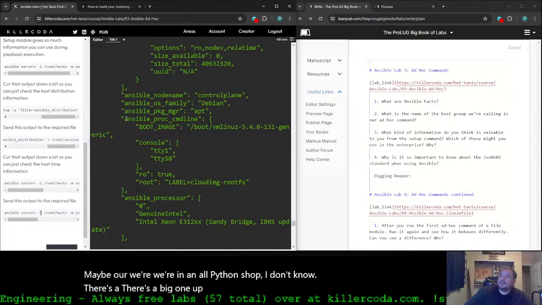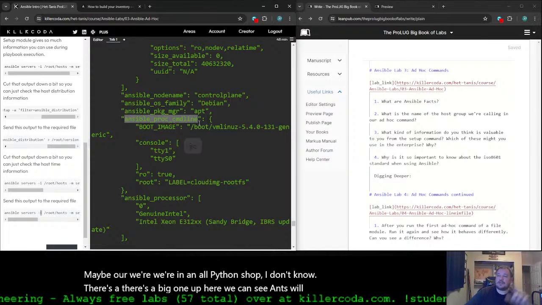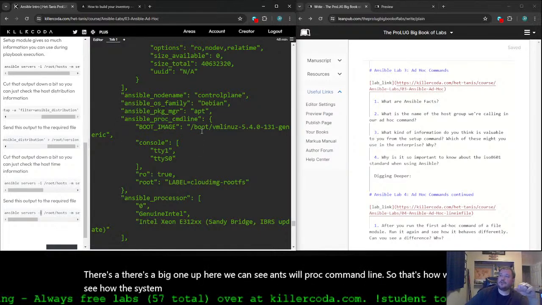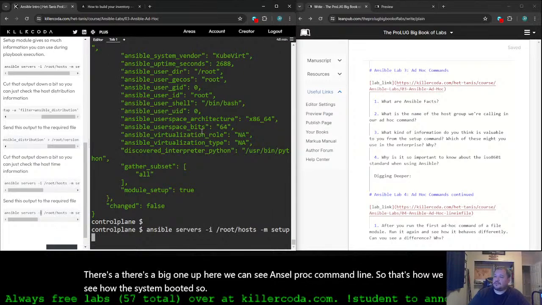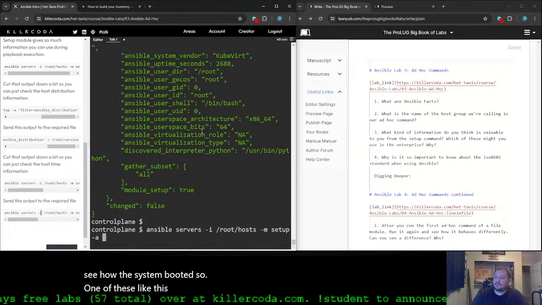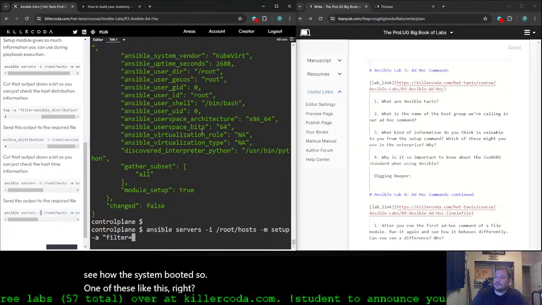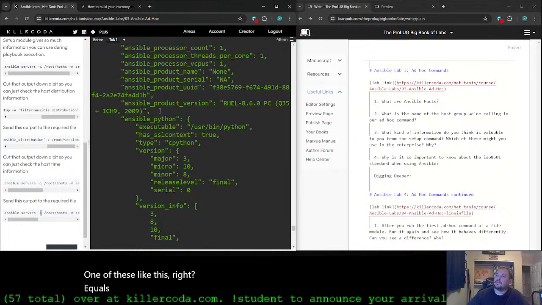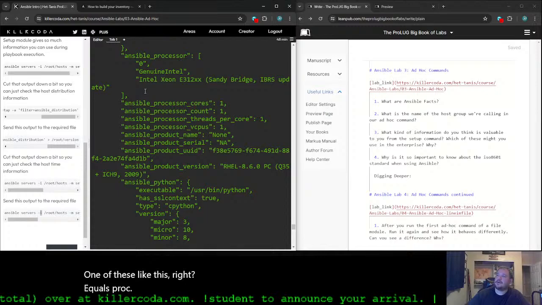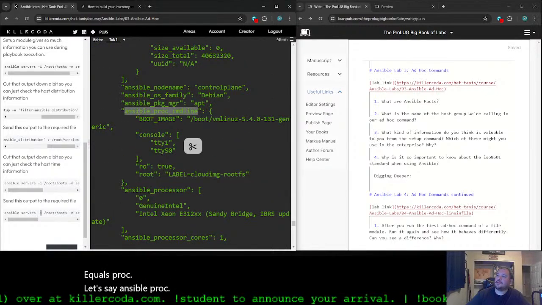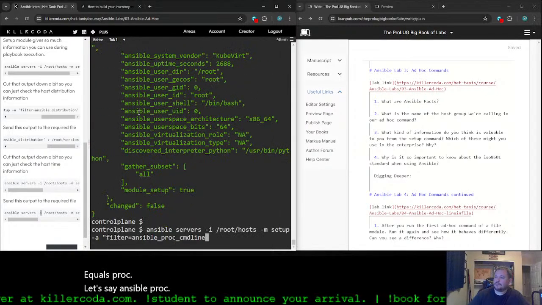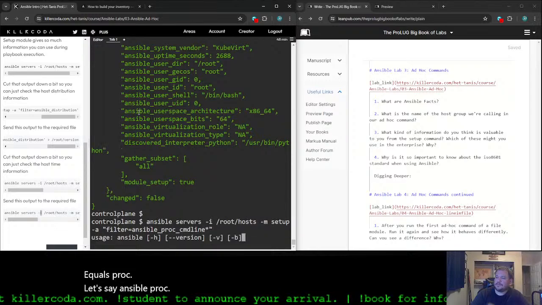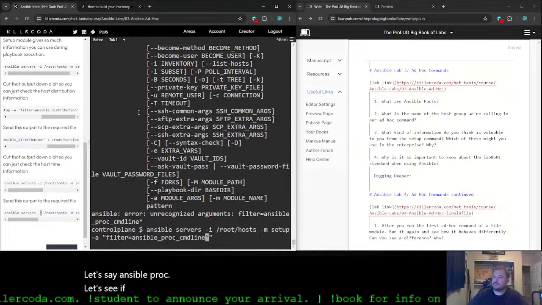We can see Ansible proc command line, so that's how we see how the system booted. So one of these like this, right? Equals Ansible proc. What is that? Let's say Ansible proc. Whoops.